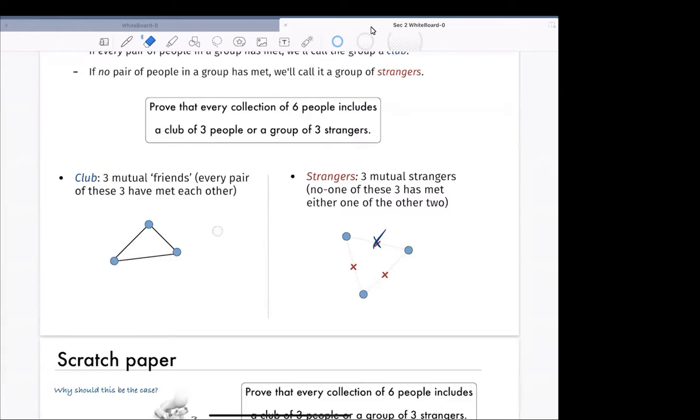So when I say 2 people are friends, they met each other. Is that a symmetric relation? What is meant by symmetric relations? Yes, please. Go ahead. So a symmetric relation would be a relation in which A is connected to B and B is also connected to A, both in the same way.